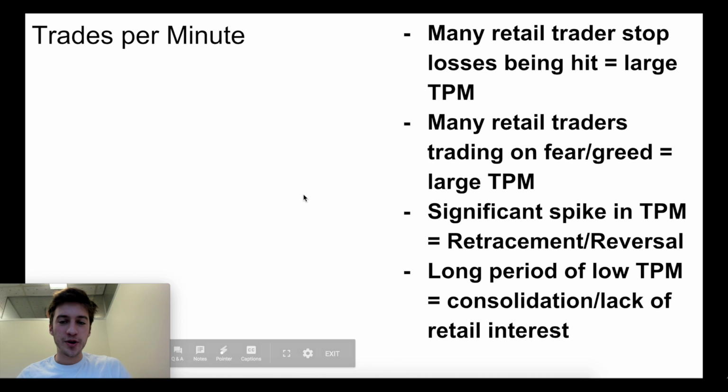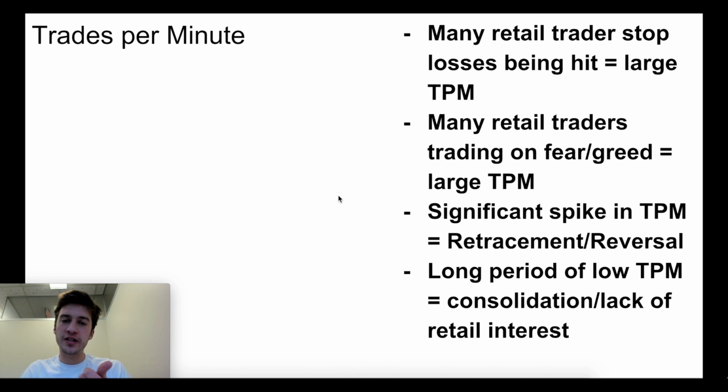All right, so we've gone over volatility. We've gone over trades per minute on data.bitcoinity.org. We've summed up how do we use volatility and why. Why do certain volatility moves happen? Trades per minute, looking at the correlation between trades per minute and volume of a candle, looking for just a significant spike in trades per minute to try to predict a stop loss hunt and to find when a stop loss hunt is occurring, when we get that spike in trades per minute, or when many traders are likely panicking